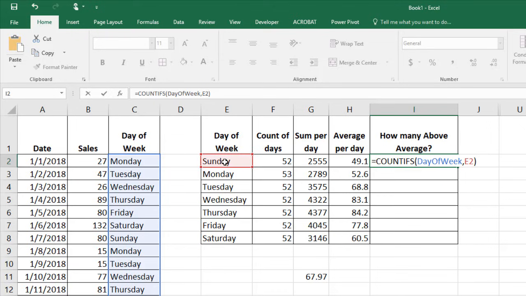If I close my parentheses and count it, it's like, okay, that's still 52. So right now there's no difference between this count if and this count ifs with the plural. But, comma, after we put in that comma, we now have a criteria range 2 and a criteria 2. So we can have multiple criteria ranges and criteria out here.